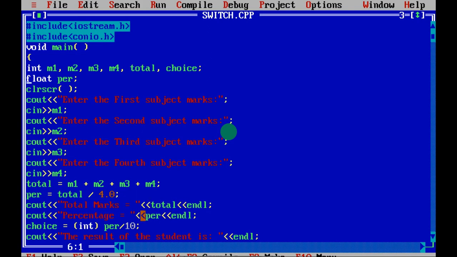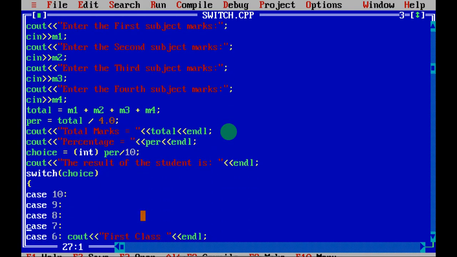After calculating, you have one choice. This choice you are going to send inside the switch case. Here you are going to see choice. So now you have choice. Int of PER, that is percentage. So here you are going to convert percentage into int. Before, you had declared it as float.